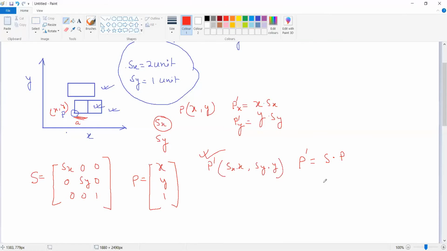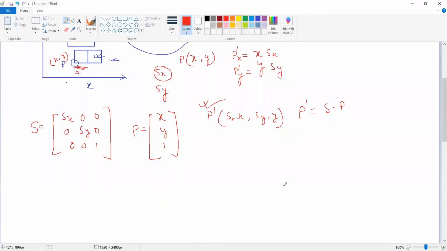So you can notice another important thing over here: if you consider translation, rotation, or scaling, in all these cases the new coordinates are generated by performing only a single operation, which is multiplication. Other than multiplication, we are not performing any operation. Fine. So that is the basic reason to shift from the Cartesian coordinate system to the homogeneous coordinate system. So if I want to get the point P dash, we have to multiply this S with the P.